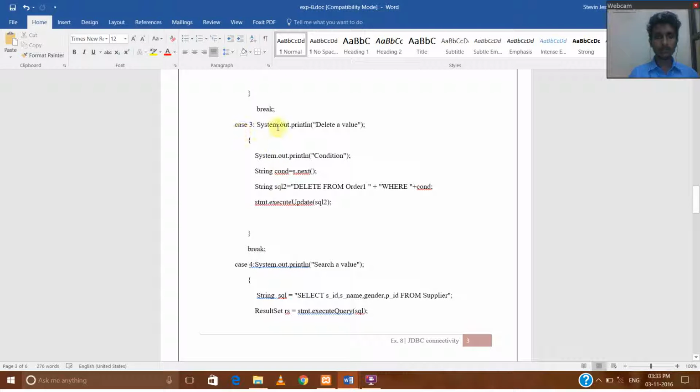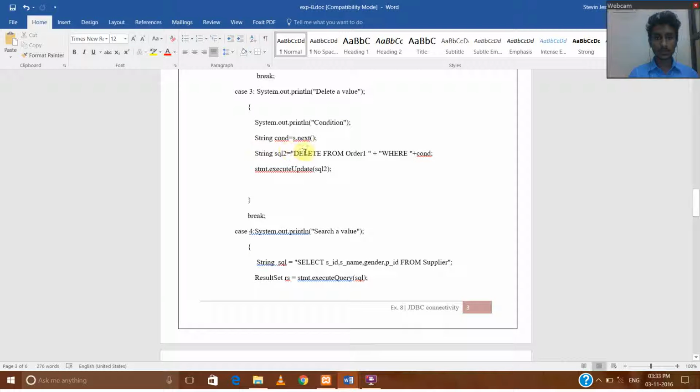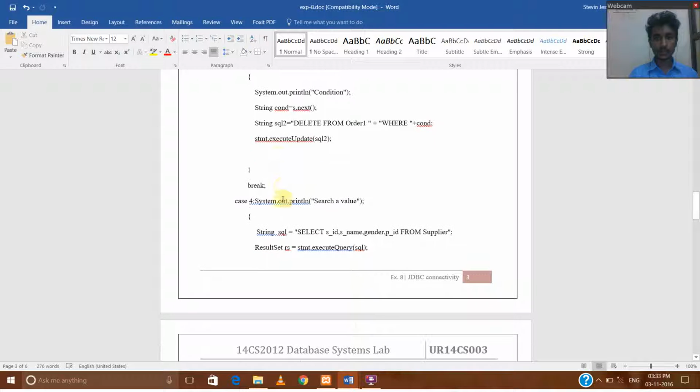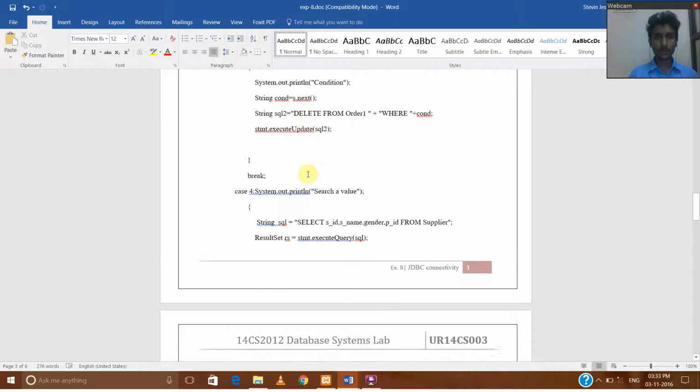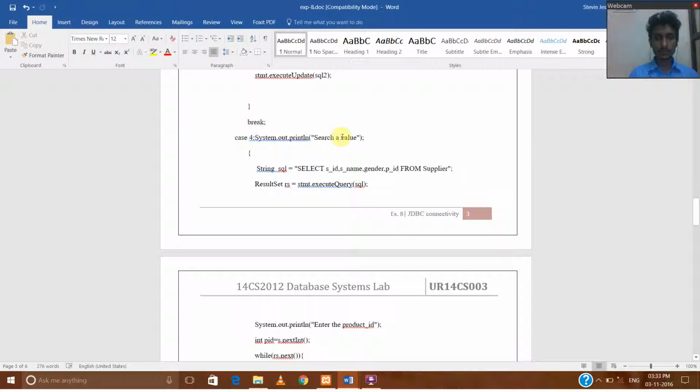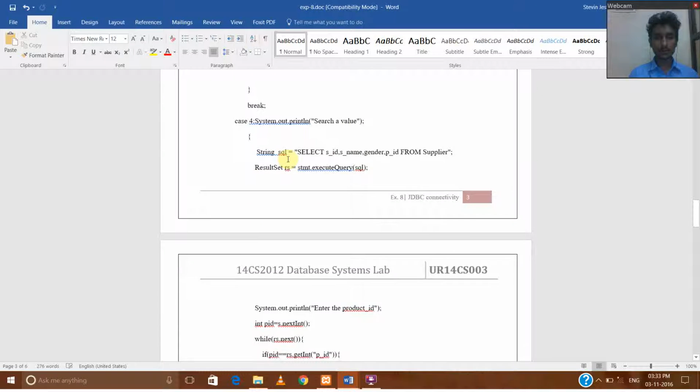And now moving on to the third case, that is delete a value. So the query for this is delete from order1 where condition, and again we enter stmt.executeUpdate to execute the following query. The fourth one is to search for a value, and to search for a value we're